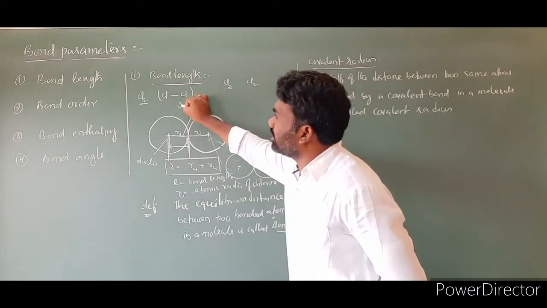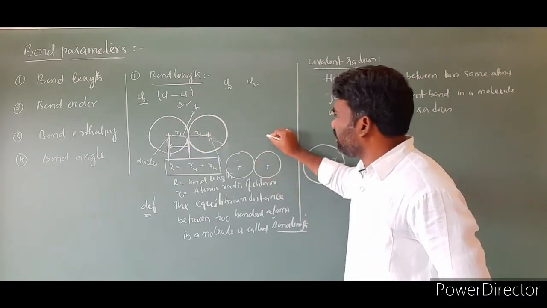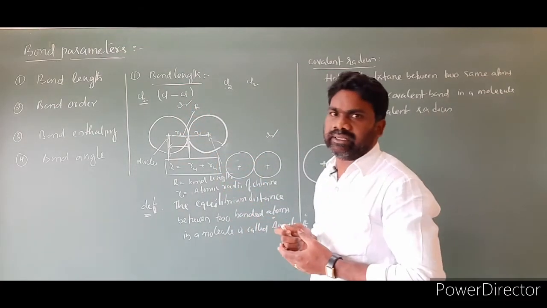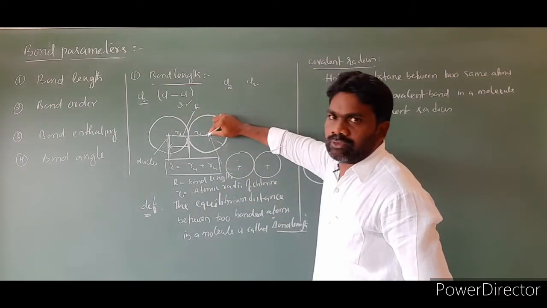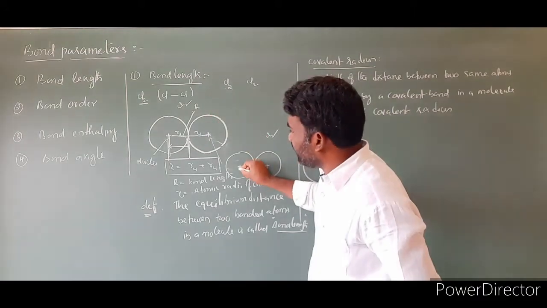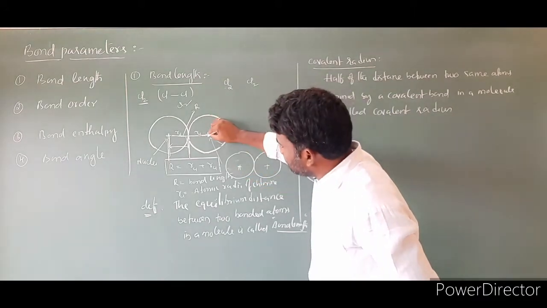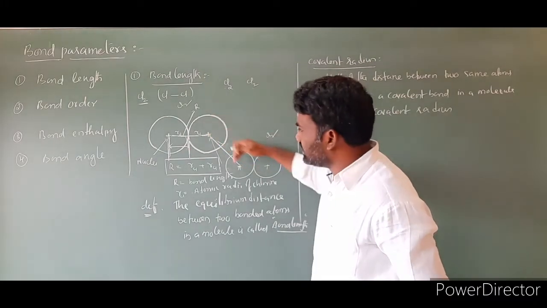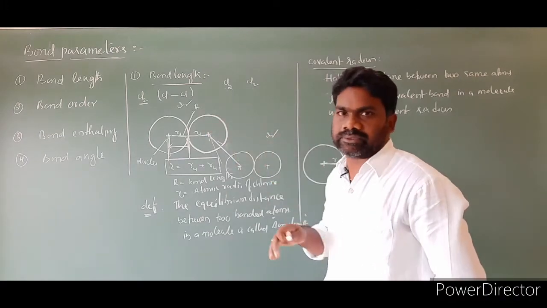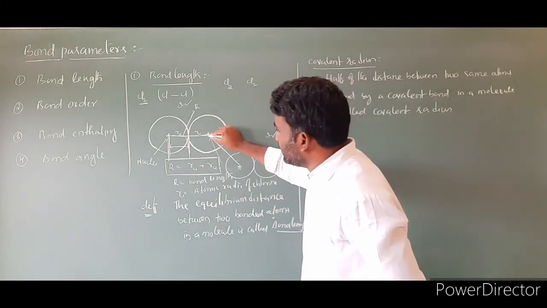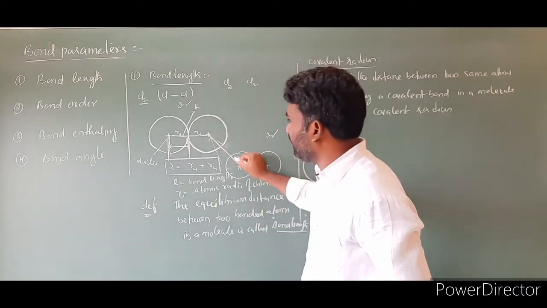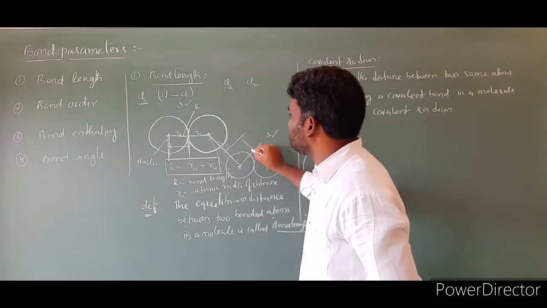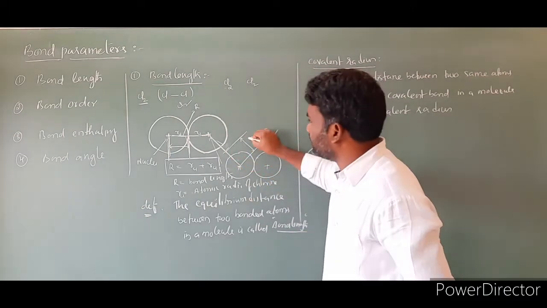This is one Cl2 molecule, clear, one molecule. I am taking another molecule, another Cl2 molecule, two different molecules. Between the two different molecules we are finding the radius. This is the nucleus of one atom in one molecule, this is the nucleus of another atom in another molecule. Then this distance we have to take, the distance between the nuclei of two atoms in separate molecules. Then from this we take half of the distance, from here to here. This half of the distance is called the van der Waals radius.